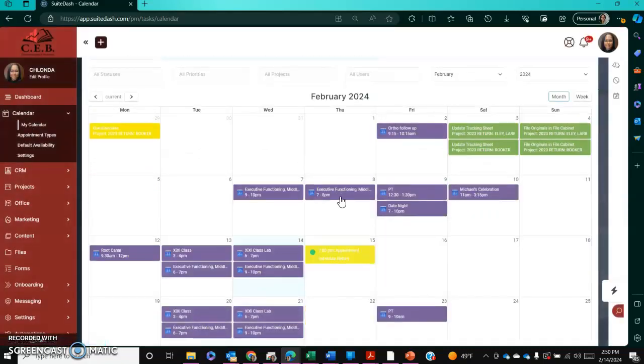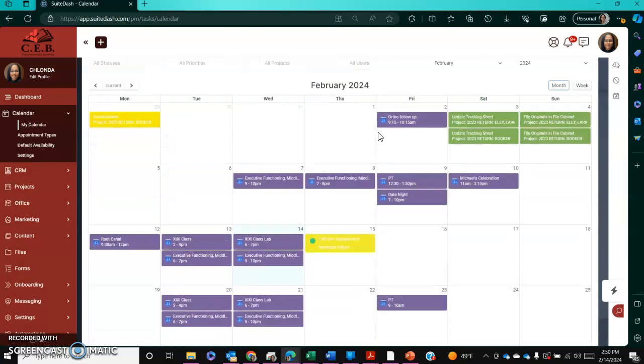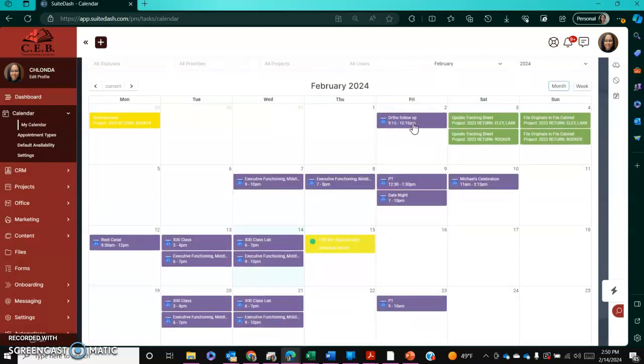In my calendar, I now see multiple appointment types to include my own personal appointments. Everything in purple is coming directly from my Google Calendar, and I also know this because there's a Google Calendar symbol right beside it. So this means when appointments are made, the appointments will not allow anyone to schedule on top of those. When I go to my appointment types,